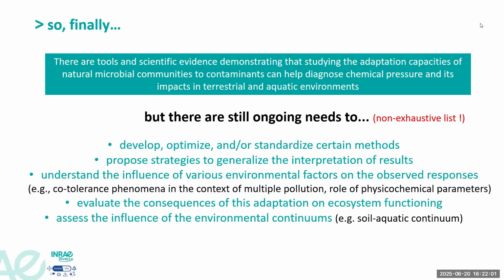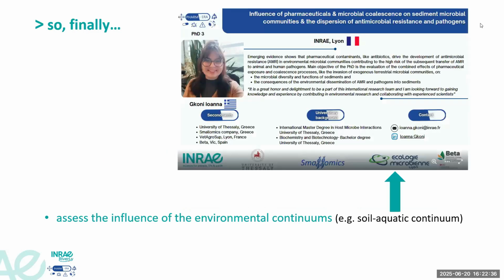Because when you have adaptation, generally you have a loss or change in diversity, and so probably you have an effect on ecosystem functioning. But generally we are not able to characterize this effect. So I think we have to work on that. And the last point, it should be important to assess the influence of environmental continuums to be able to differentiate between the effect of chemical pressure and the influence of inputs from soil or from terrestrial ecosystem or from upstream stations and so on. So this is one of the objectives of the PhD project of